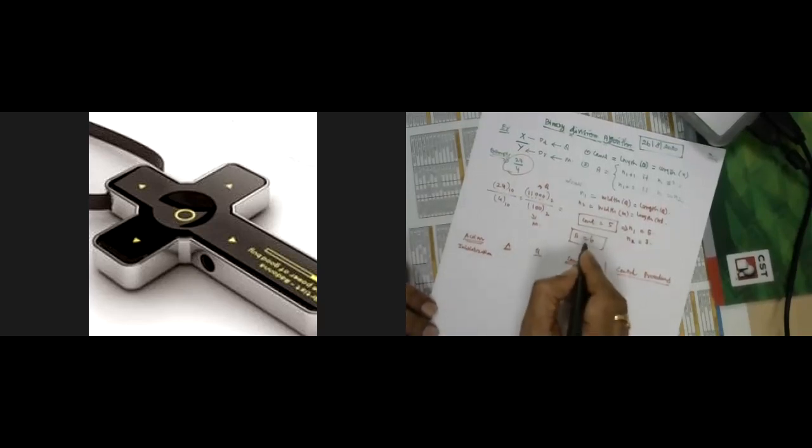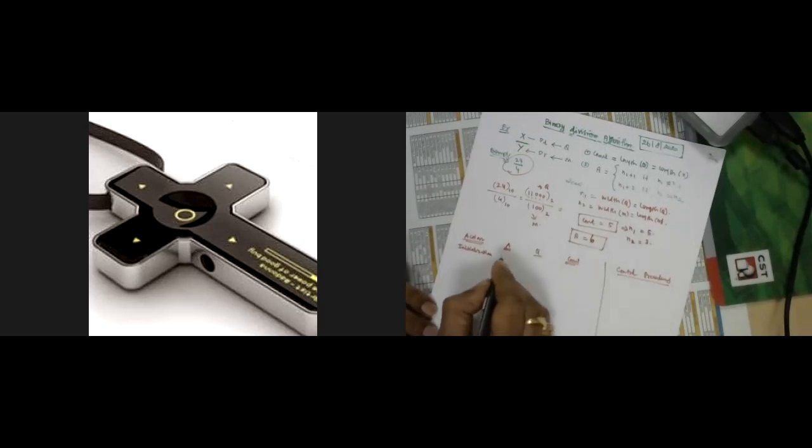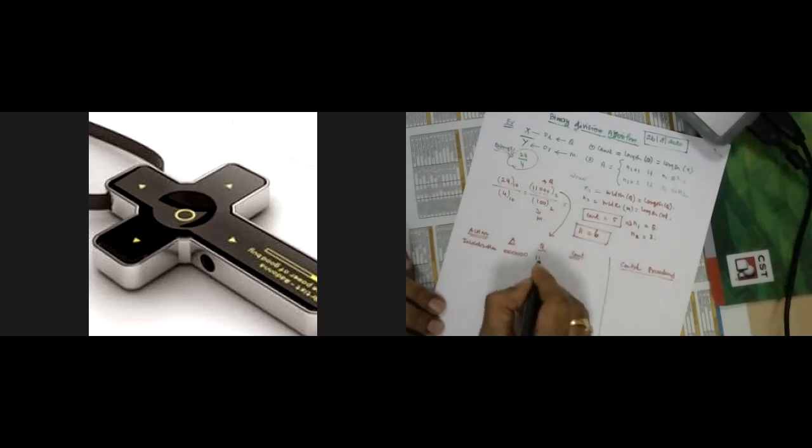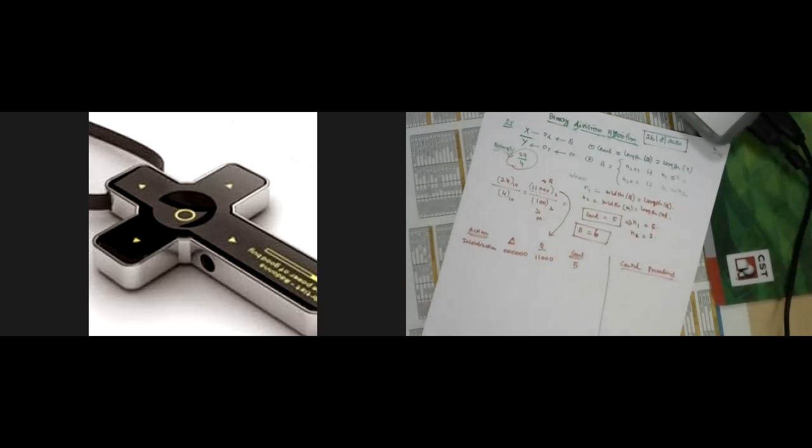The accumulator length is 6 here. We have calculated the accumulator length is 6. Therefore, I am loading 6 zeros here: 1, 2, 3, 4, 5, 6. 6 zeros are here. Then I am bringing the Q value here as it is. 1, 1, 0, 0, 0 is the Q value. And the 5 is the count value. So this is what we call initialization.